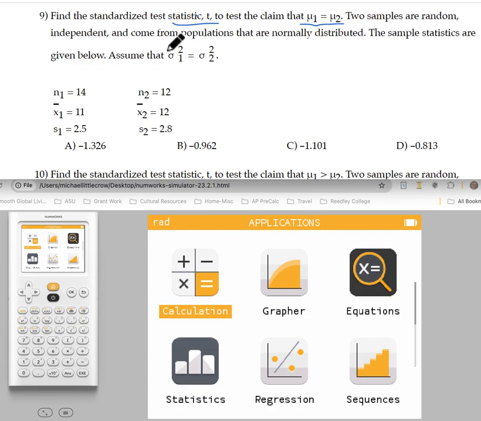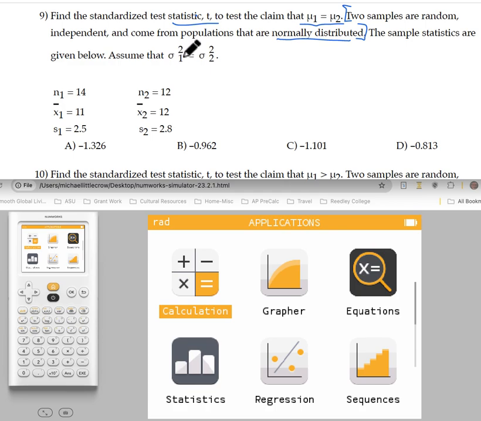which is needed to be able to do this. And they come from populations that are normally distributed. So this whole sentence here is just letting us know it fits the needed requirements to be able to use a t-test. The sample statistics are given below, and then we're asked to assume these symbols are that the population